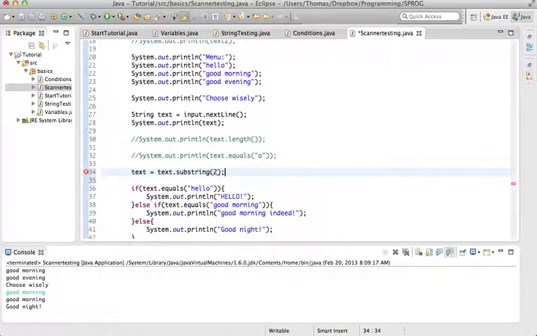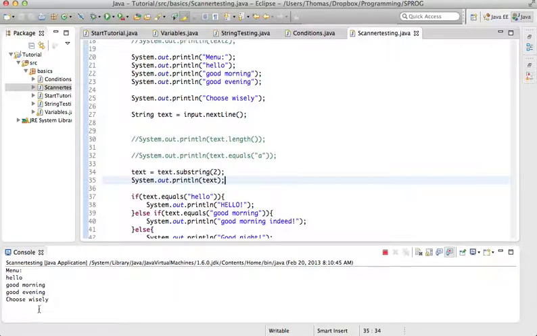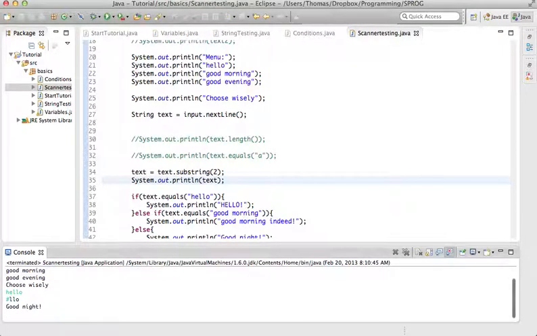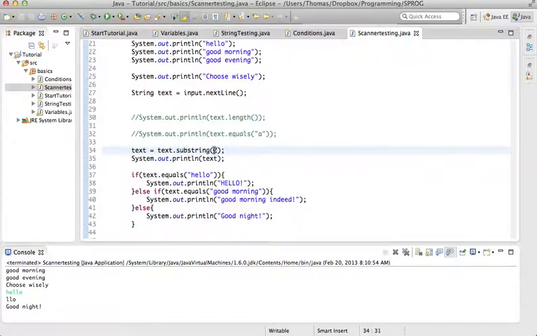Let's just go ahead and manipulate text in that way, and only after that we'll have the output. Let's have a look at what exactly happens. What exactly happens is we got LLO. Let's go ahead and try again. Hello, LLO. Why? Because the substring starts after the second letter, after the second character,